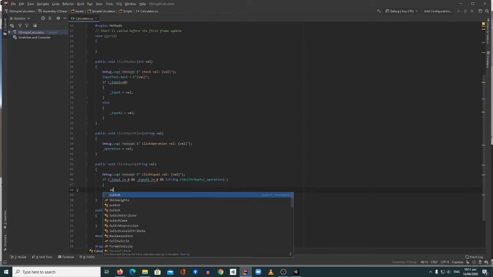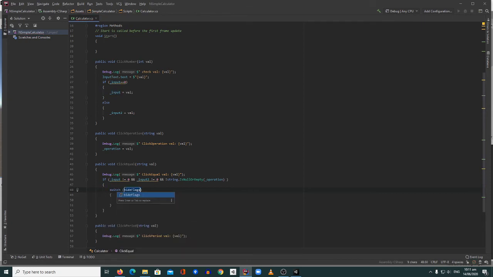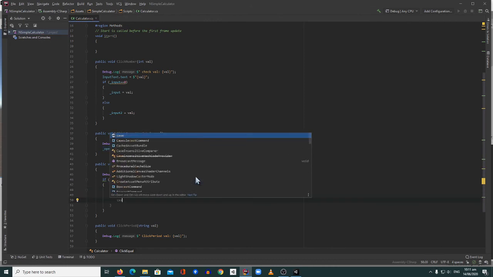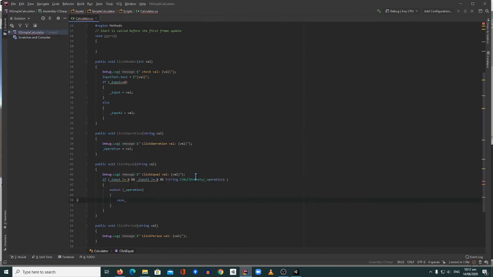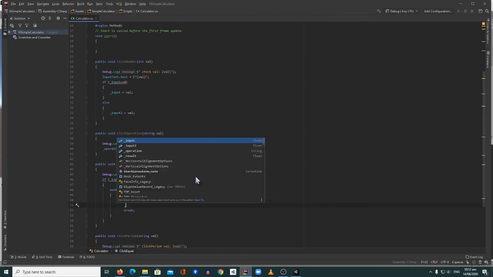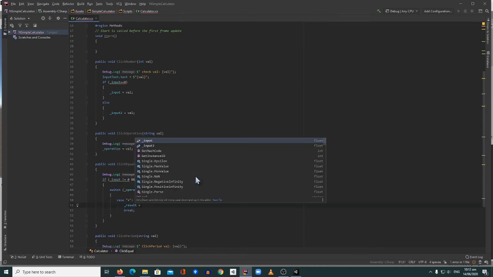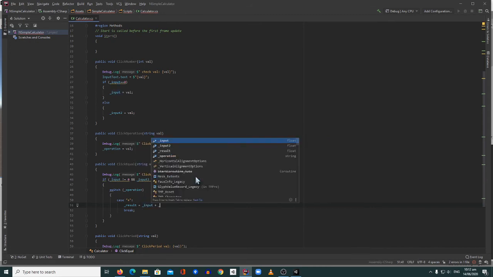Alright, so we need to create a switch case here. I'm going to put operation here. So we're going to put our case 1. I'm going to put plus, then break. So if the operation is plus, I'm going to do it here. So result equals input 1 plus input 2,